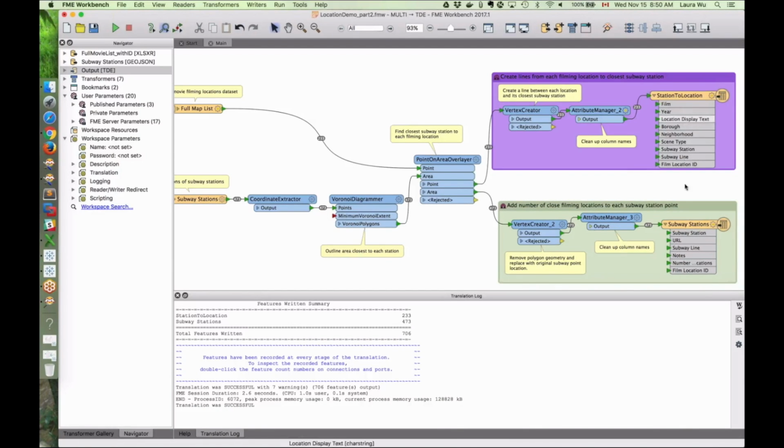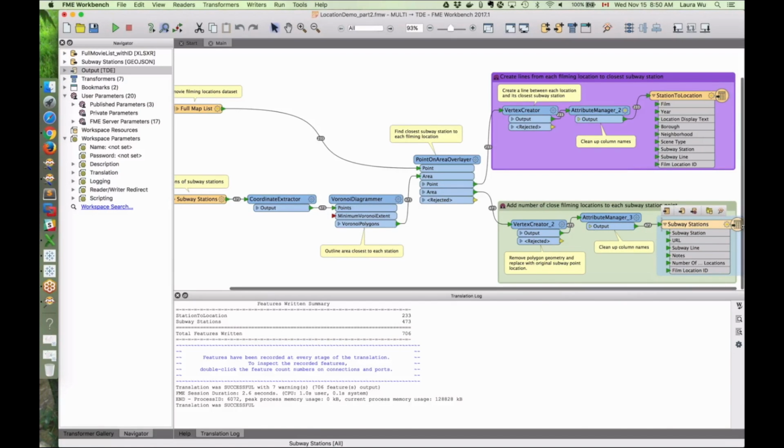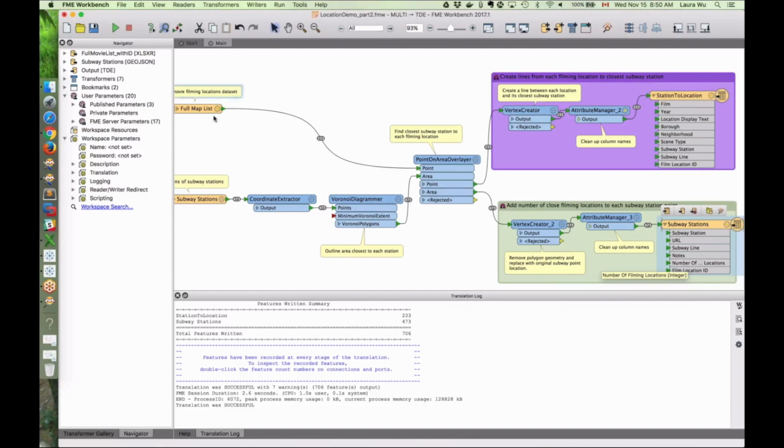So the column names in this case are all common here. And so what I've done is I've created one output showing just the subway stations, and I've added a new field here called number of filming locations. So this is the number of film points that are close to that station. So I know, based on the station, how many filming areas I can go and see from that one station. So I can create a visualization to see which stations have the most potential for covering the most number of